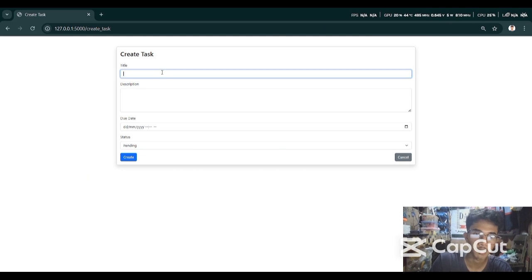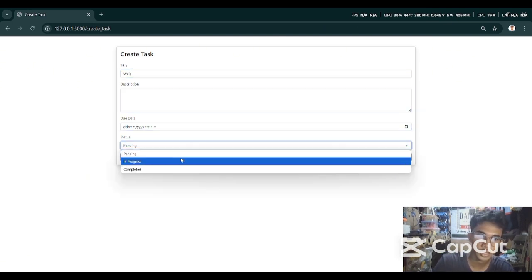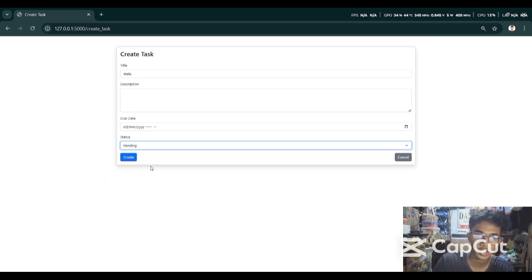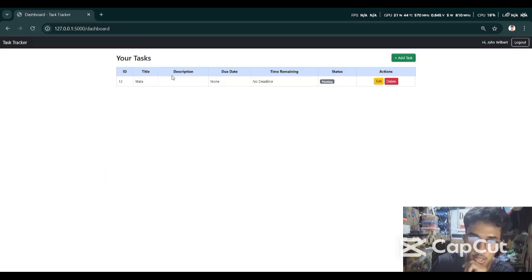So let's create a sample. Huwag natin galawin to. And create. As you can see, if we did not put a date there, then in the time remaining, as you can see, there is no deadline.